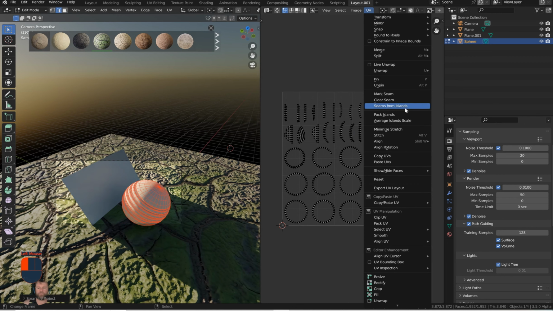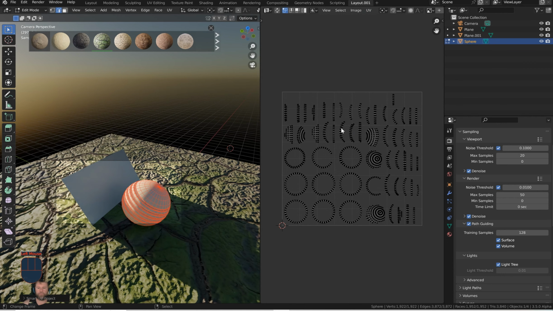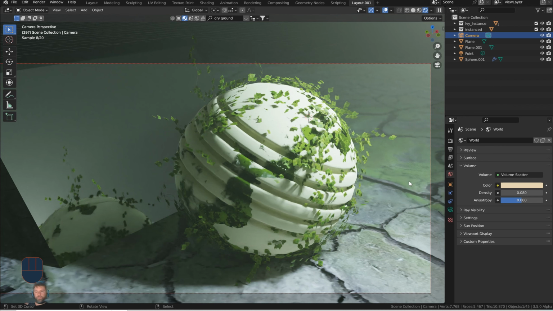So now I'm going to pack, if I can get it to do it. There we go. So now I'll go ahead and pack these islands. It just corrects it a little bit, makes it project better. Now another fun thing you can do is you can play with the anisotropy, and I'm not going